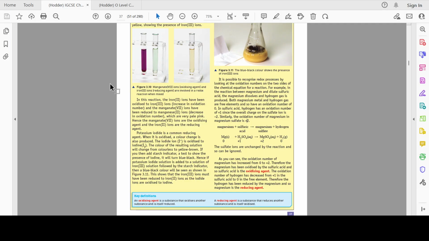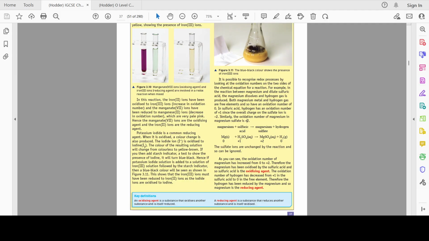Right, and just like with potassium manganate and iron, when redox occurs, you have an observable color change. So what's going on? What happens is that you add potassium iodide to a solution of iron 3. Potassium iodide is also KI, the chemical symbol. K is for potassium, I is for iodine. That's potassium iodide. And so you add potassium iodide to an iron